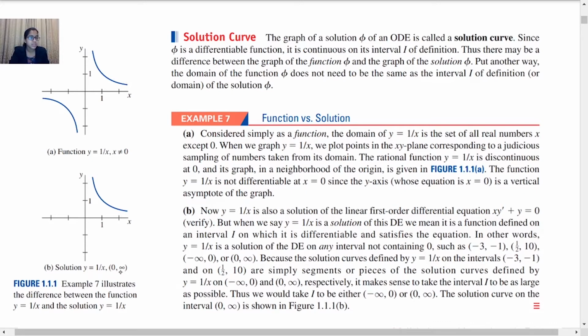In the interval 0 to infinity, y equal to 1 by x, that is a solution y equal to 1 by x, has this form, that is only the upper portion. So the graph of a particular solution of an ordinary differential equation actually depends on the particular interval that we are considering. The original graph may be more than that,